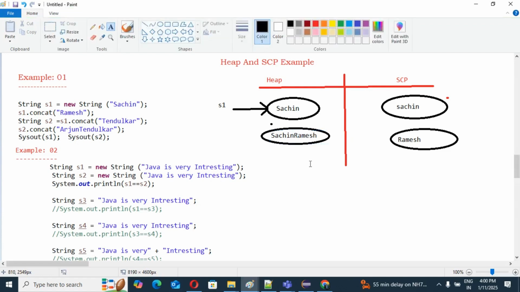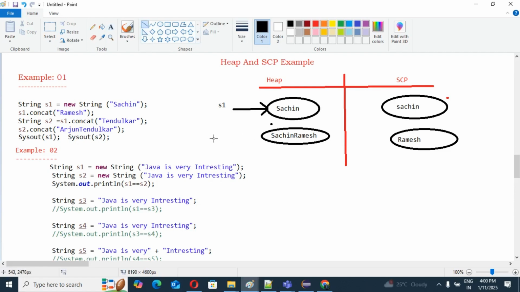But this object is not referenced by anything. Why? Because we are not storing this object in any reference variable, right? So this is eligible for garbage collector.